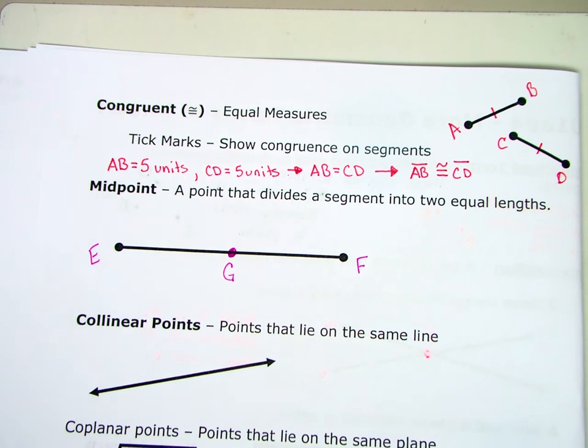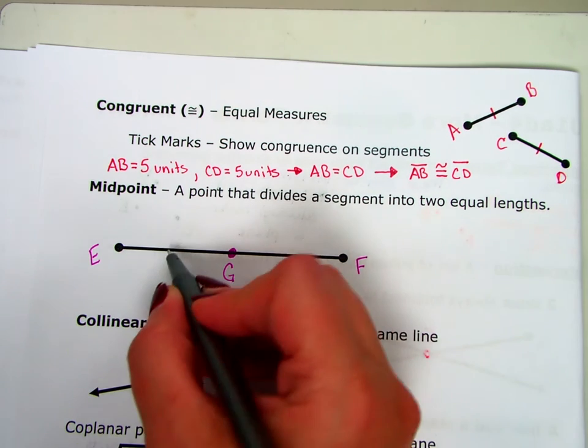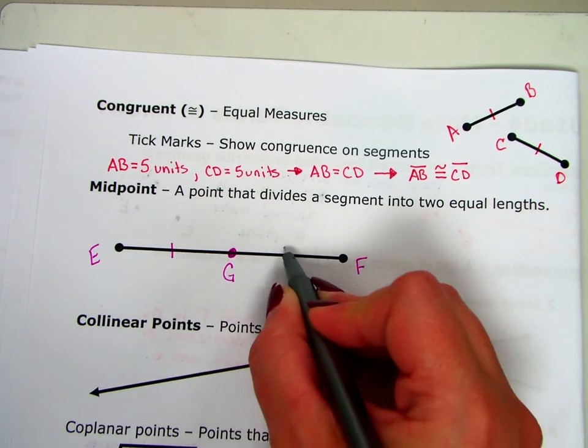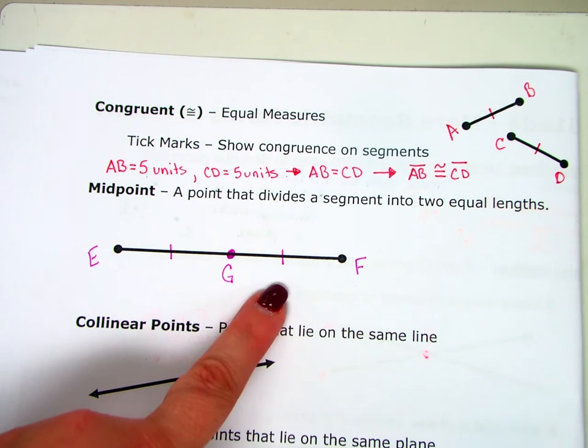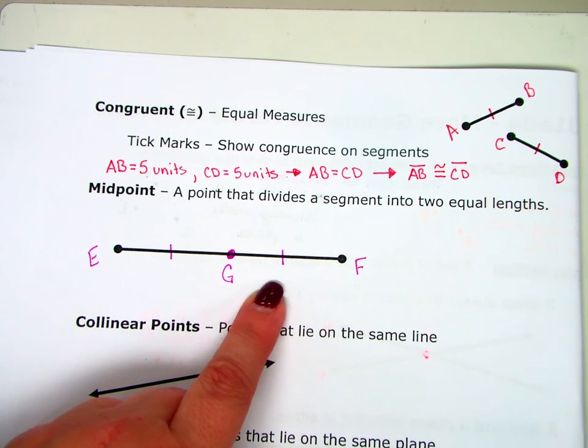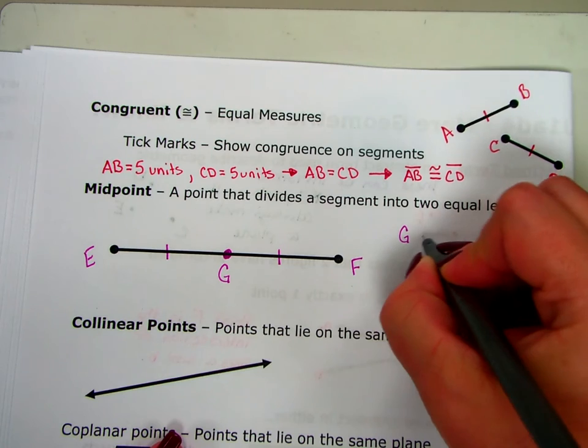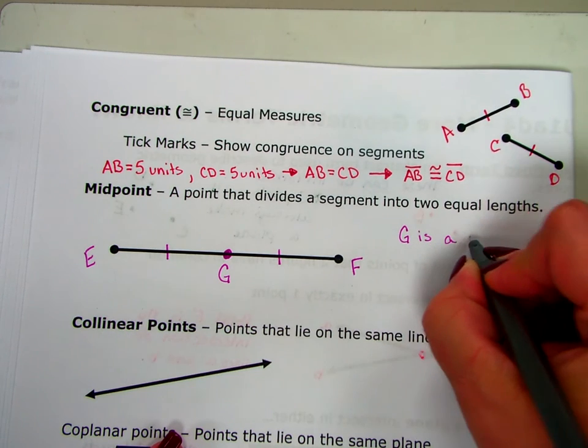And that's only if it's to scale, it's going to look like it's in the middle. If I ever say, why is that the case? And you start answering with, well, it looked like it was there, I'm going to say, you can't say "look like." That's not a proof step. So you either have to be able to mathematically prove that the tick marks belong there, or they have to have already been given to you. So if you have the tick marks already on the picture, or if you mathematically proved it's in the middle, then we can say G is a midpoint